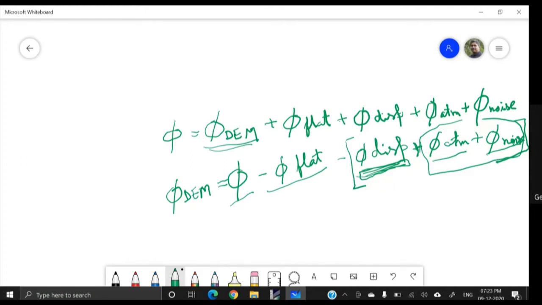Now, besides the interferometric phase, the coherence between the master and the slave image is estimated as an indicator for the quality of the phase information. Okay. Coherence means matching of phases.